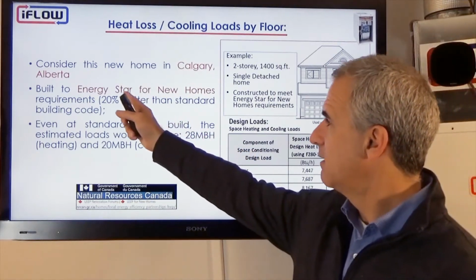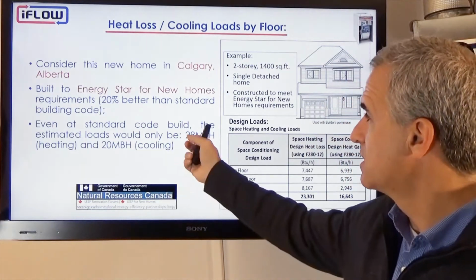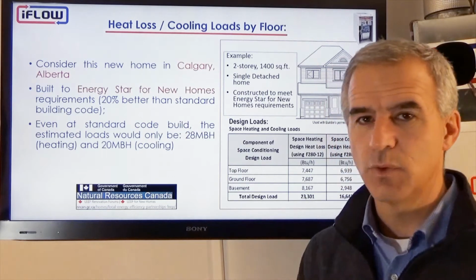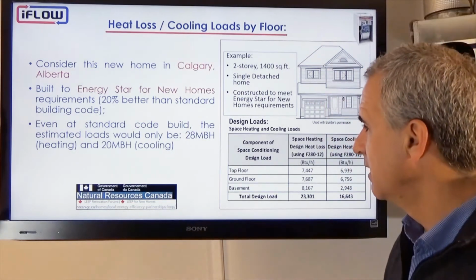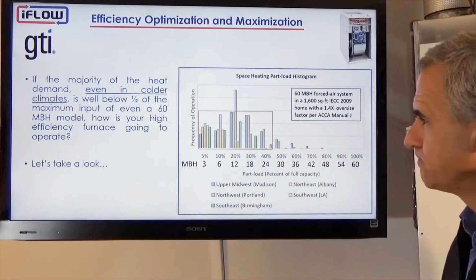If we were looking at Energy Star for new homes, that's 20% better, so the standard build would be 20% worse. It's 28,000 BTUs. So again, very, very low. So if we go back to this distribution,